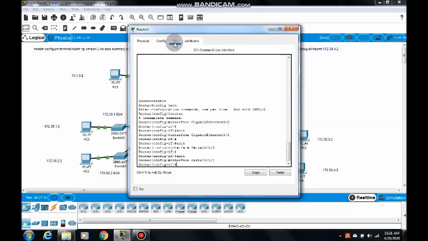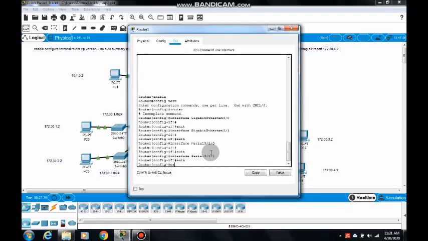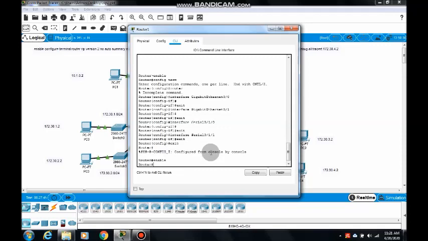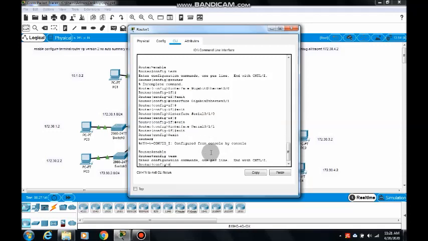Click on that one, go to the CLI mode. Okay, exit. Give the enable command, change into the config mode. Next set the router with RIP protocol.